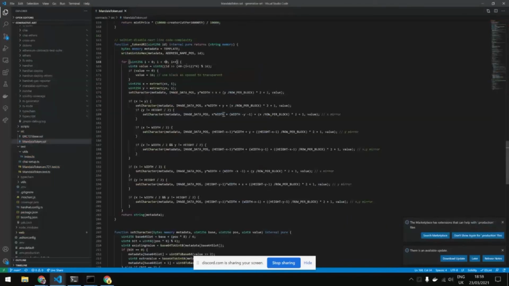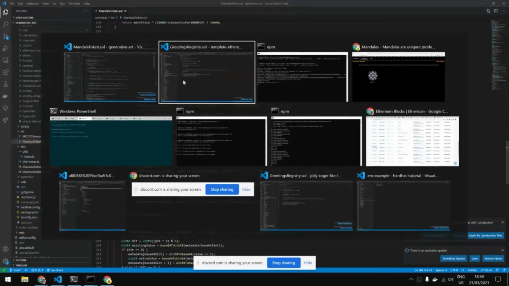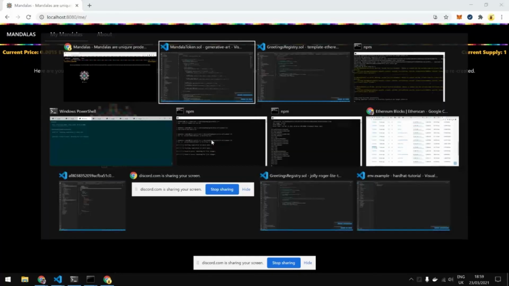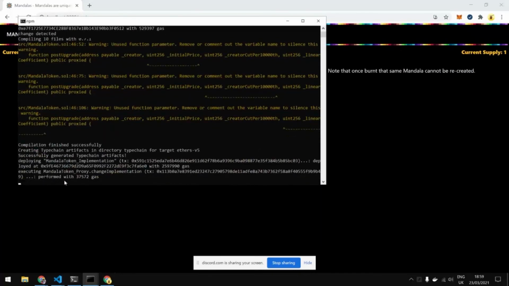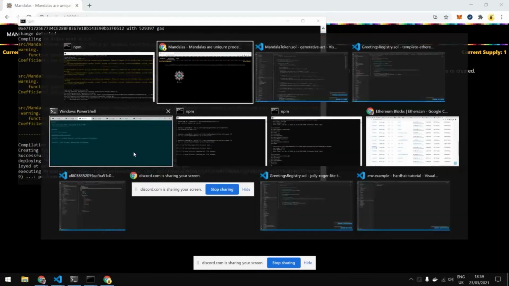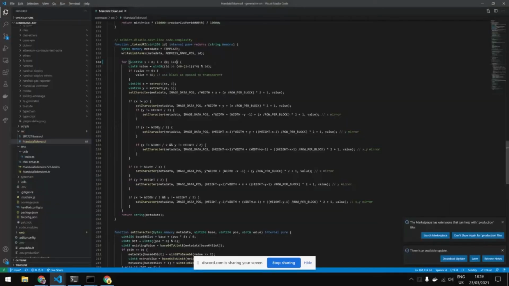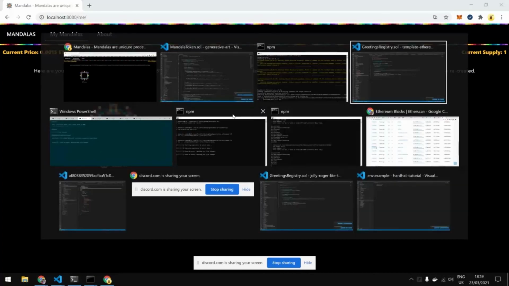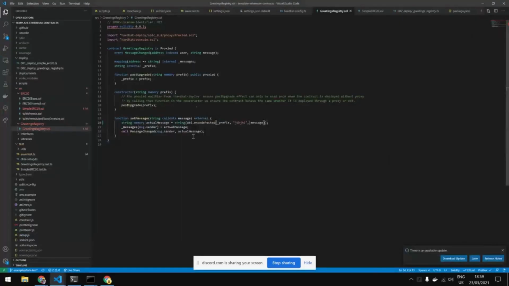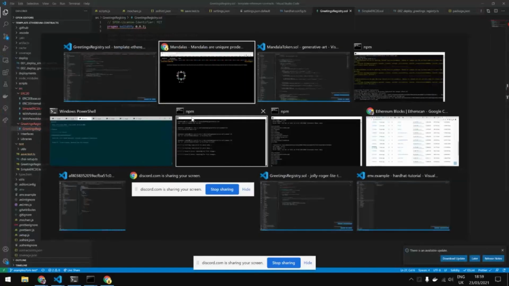my Mandala token contract. And let's say I change the algorithm. So this is the internal token URI. Let's say I change that parameter. So I go over 20 instead of 40. And then what will happen, in this thing we are seeing the contract being redeployed, but the address doesn't change. So it means suddenly on the front end, a new image appears. And so this is any kind of thing you can do on the contract, you will be able to change anything on the front end. I could add a function too.